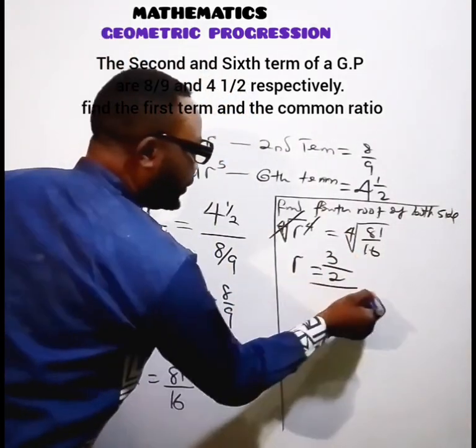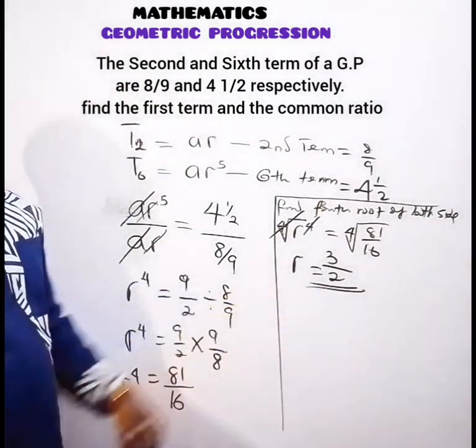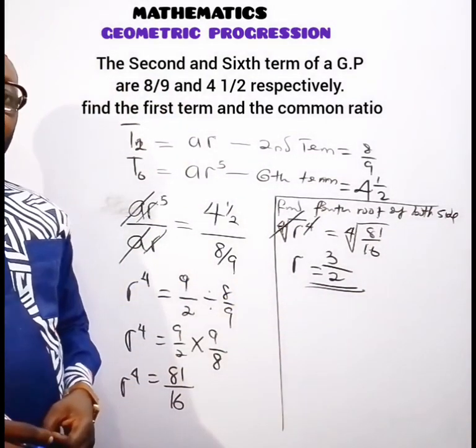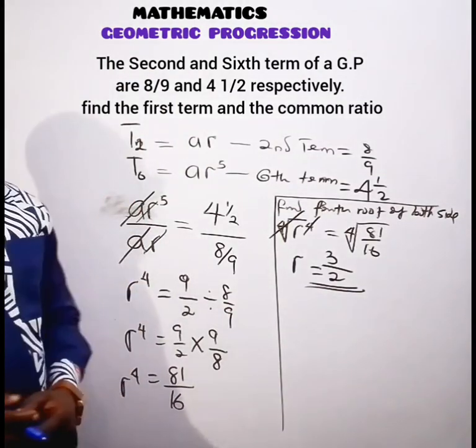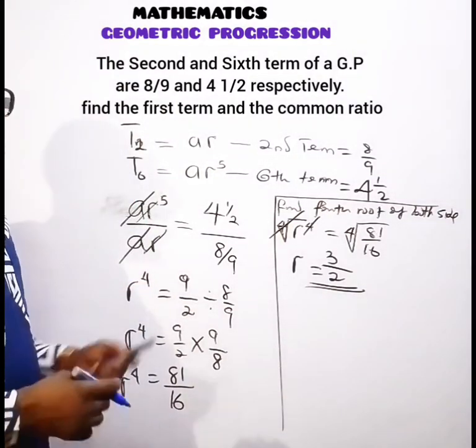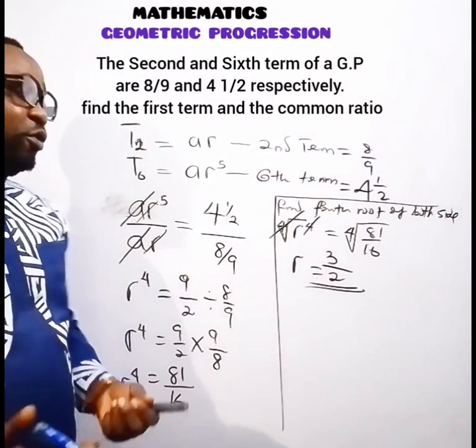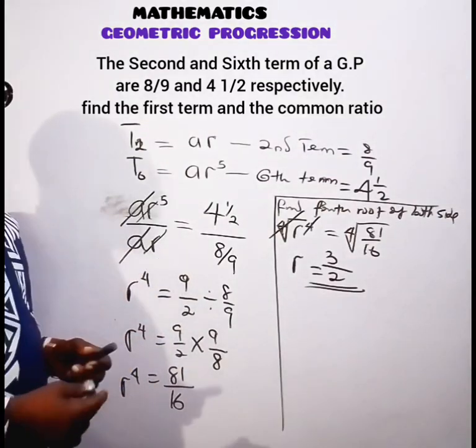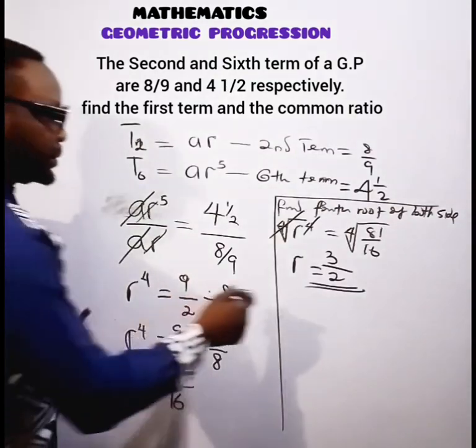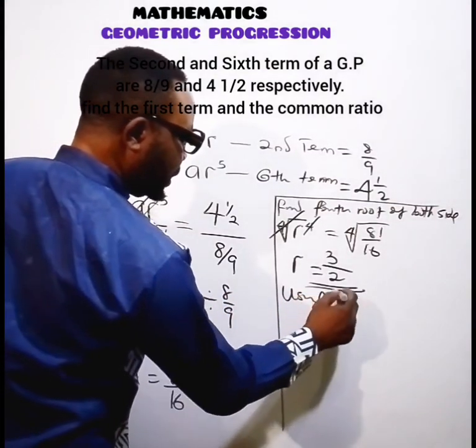We've been able to find the value of r to be equal to 3 over 2. We need to find the value of a now. Now, we are going to take any of the equations given to us to be able to get the value of a. Which one should we make use of? Let's make use of the sixth term. Using the sixth term,